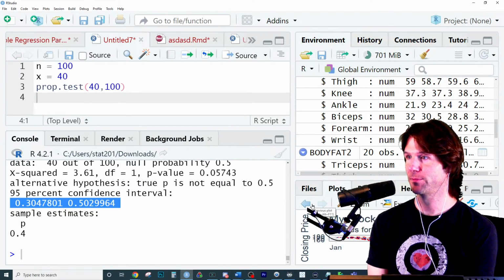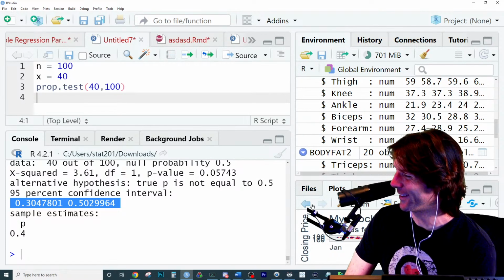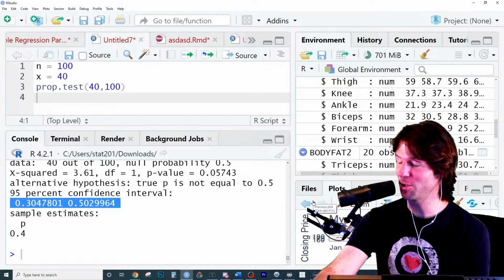I'm 95% confident the true proportion of students who eat at Taco Bell is contained in the interval 30.47 to 50.29. Done. That's it. Are we still launching G Fuel MuleBot? That'd be cool right there, Ethan, right? So that's how to do it in R right there.